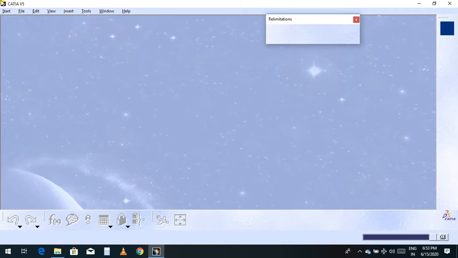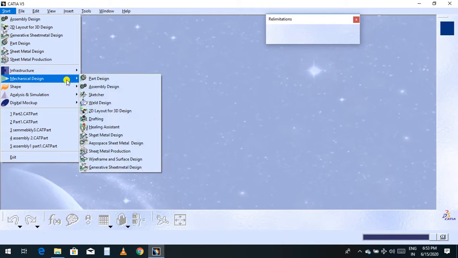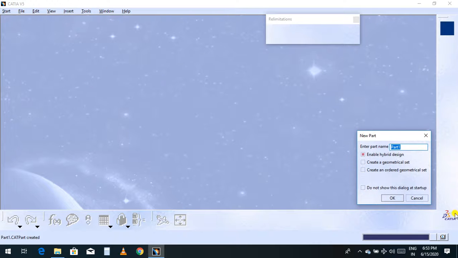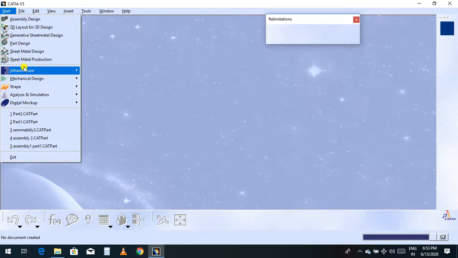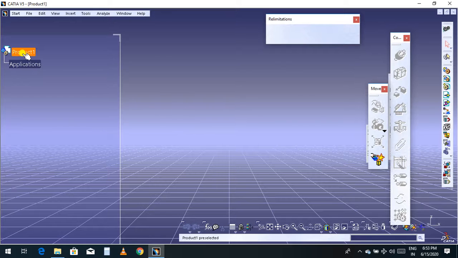As I discussed earlier, open the assembly: go to Start, Mechanical Design, and Assembly. Now the Assembly workbench is open here. Now you can see there are so many icons here, and two more icons: the move command and the constraint. In this move command and constraint,